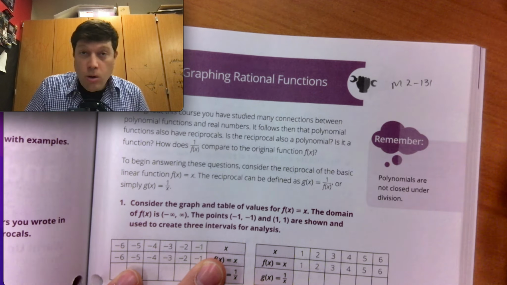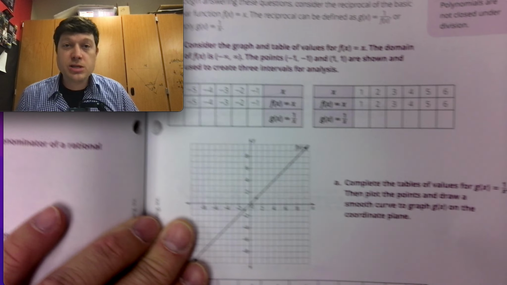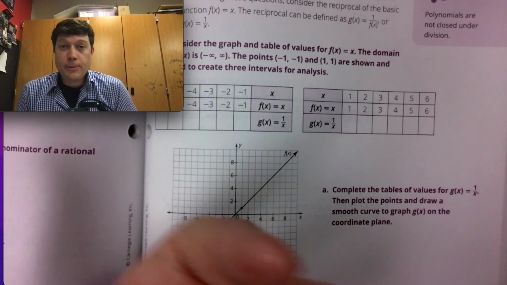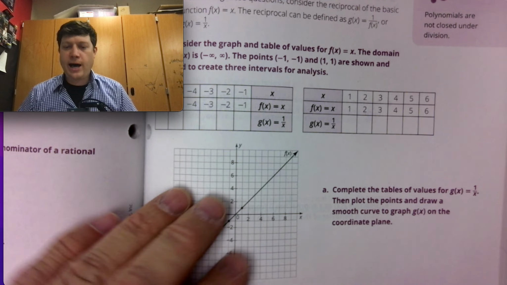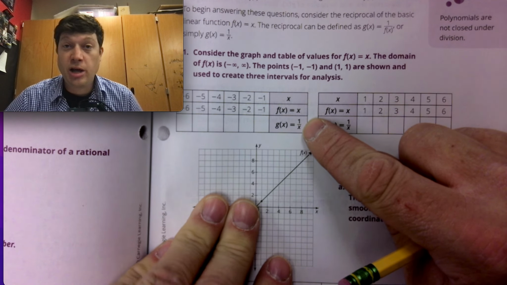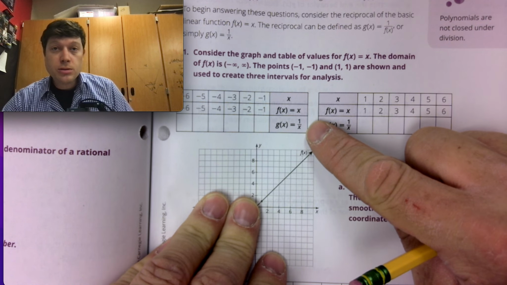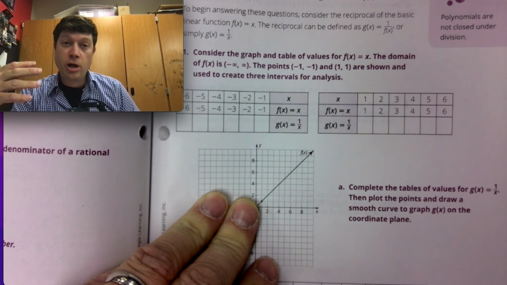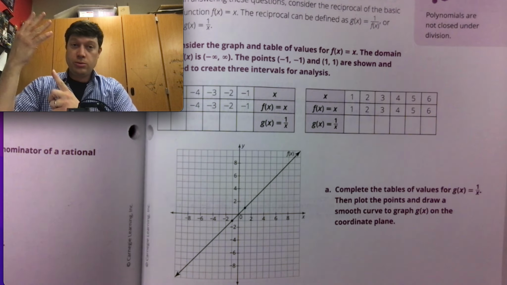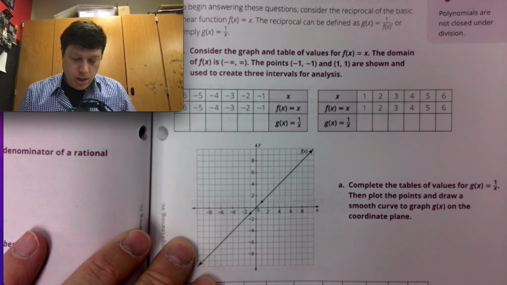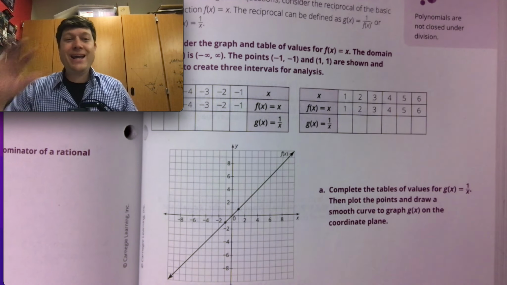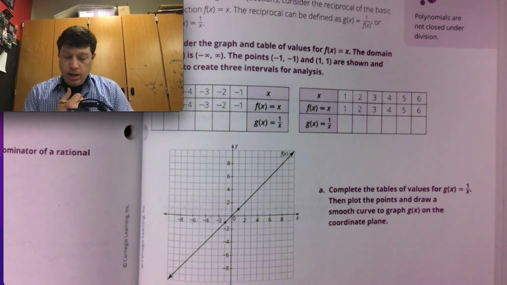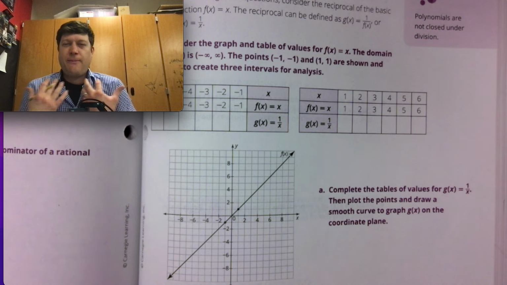But the point of this lesson that I'm recording for you is to talk about the graphs of something called reciprocal functions. And really, a reciprocal function just means whatever function you have, what would it look like if it was flipped? Like how you flip a fraction, like 1/4 has a reciprocal of 4/1 because you flip the values. We can look at a whole range of these types of functions and talk about what sort of information we have, then we're going to graph it and come up with a picture of